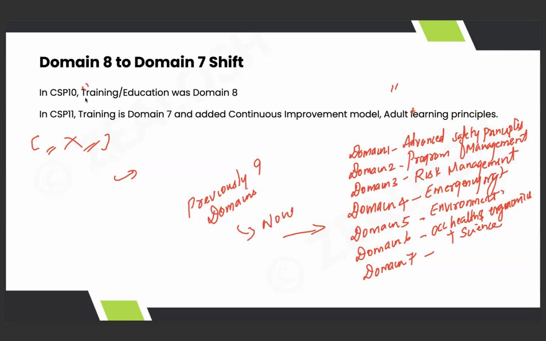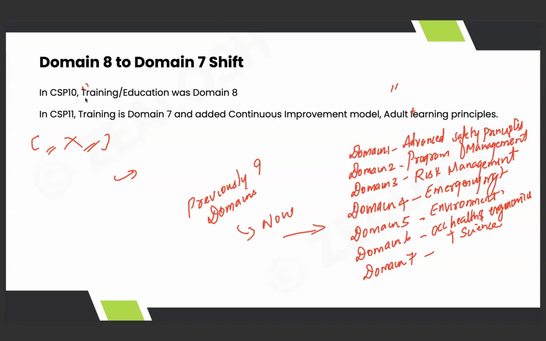So as a trainer, CSP wanted you all to think like a trainer because you are not entry level people. You are a person who has at least 4 years of experience and decent qualifications. Only then you'll be eligible to write the CSP exam. So they are considering you as a trainer. When you study CSP, you should be able to train a group of people. That is why they had added a unit in the previous domain, which went deep into training, education, communication.